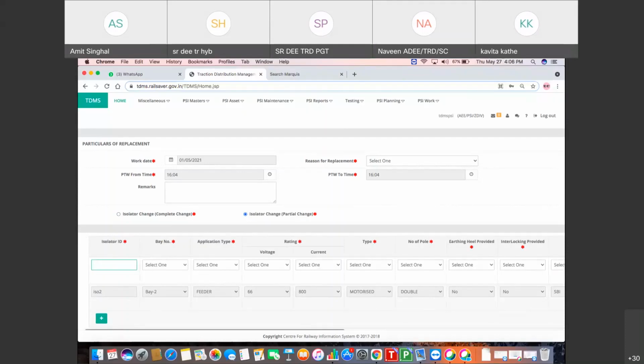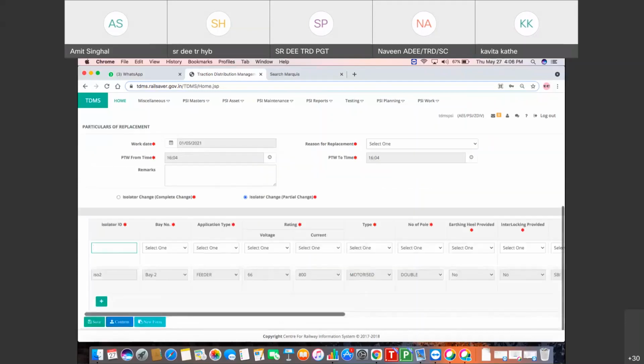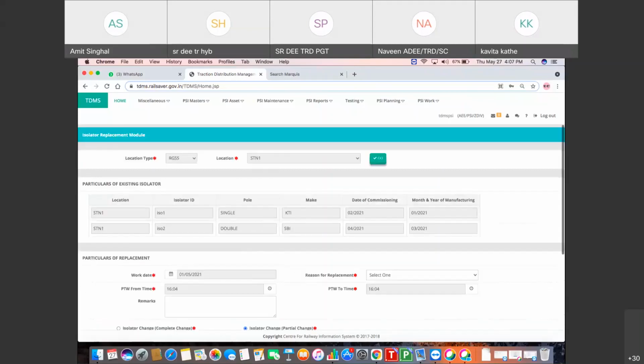Then the details of the old isolator will be archived and the new isolator will be linked with this grid substation. In this way, the user may replace PSI assets partially and completely.